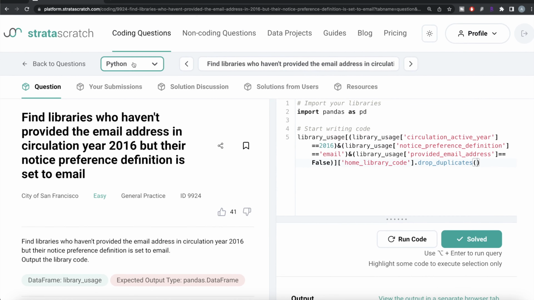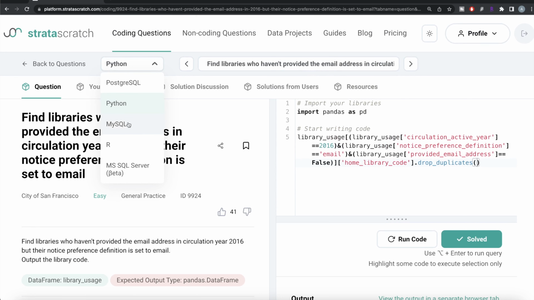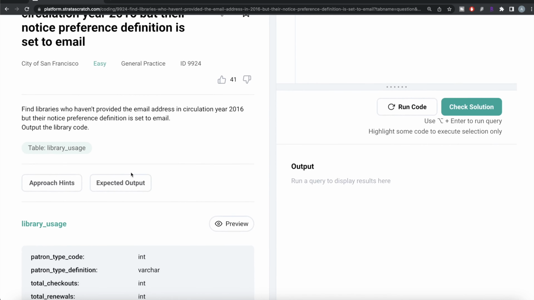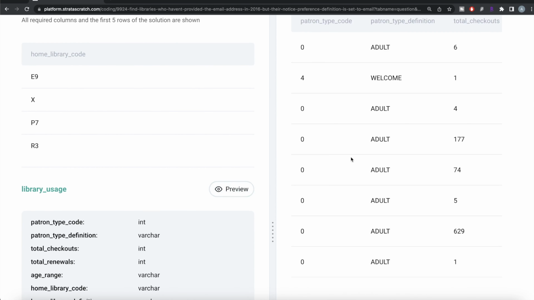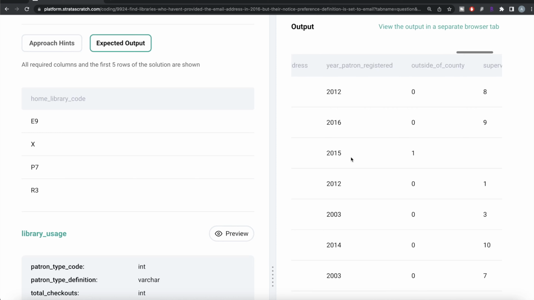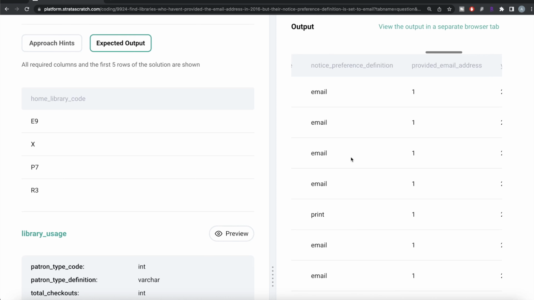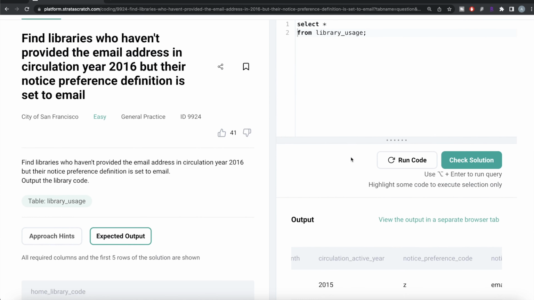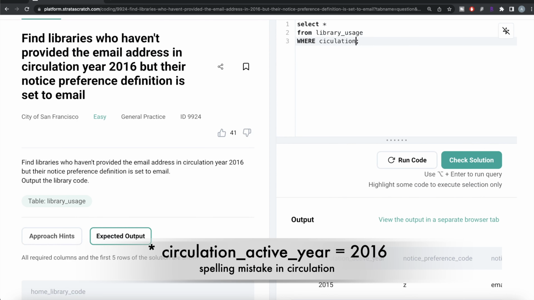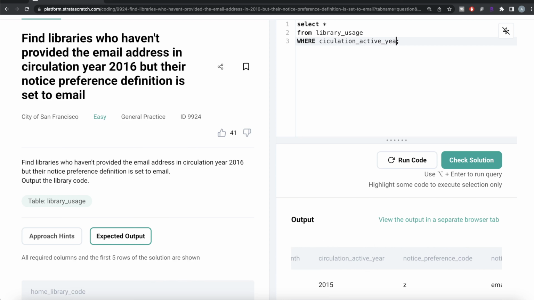Now let's see how the corresponding code looks like in MySQL. So again, if you look at it, the question is same, the expected output is same as well. And if you look at this table library usage, you have same columns and same information. So again, from this table called library usage, we are only required to keep those rows where circulation active year is equal to 2016, and